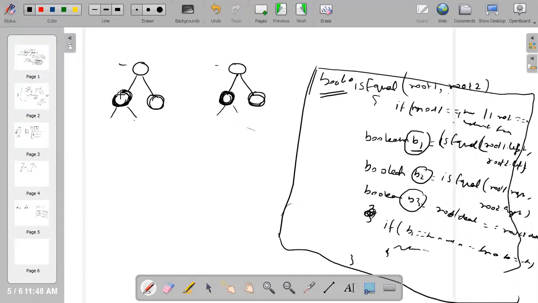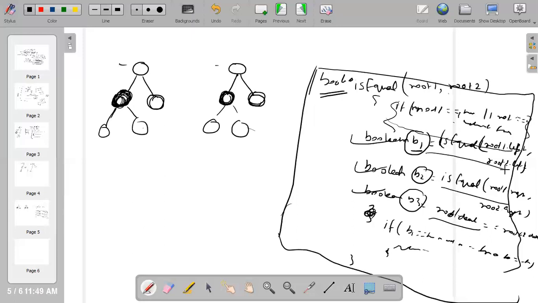Now again, if the control comes here, again this will be checking this node left, this node right should be equal to this node left, this node right. Okay, so if these two are equal, then obviously it's true, otherwise it will return false. So maybe here in base case you have to write few conditions, and this is the three things only you need to check. That's it, done.